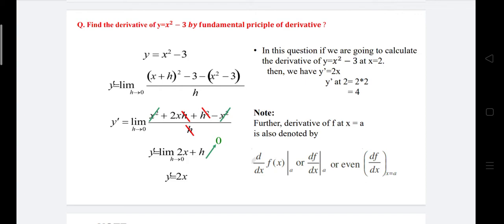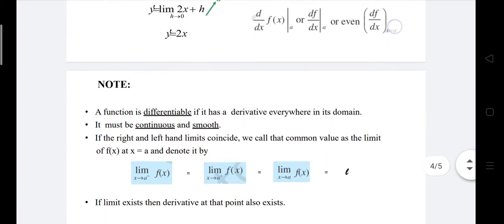Okay, that means simply we can define it like this. If we have a function and we are going to calculate the derivative at a certain point a, then first you calculate the derivative d by dx of f of x, then at a, what will be the value. Okay, so this will be the easy understanding of derivative. If you are given a function, you first calculate the derivative, then at a certain point you put in the value, and you get the answer of the derivative at that certain point.